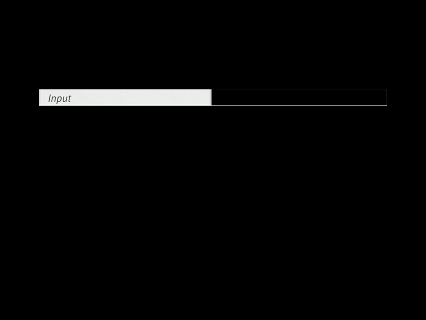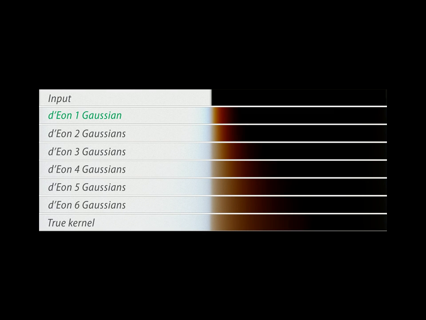Therefore, it is possible to take a 1D slice of this profile, as shown below here, and try to fit it with a sum of Gaussians, which are individually also radially symmetric. This means that we can use a cheaper set of 1D convolutions instead of using the 2D profile directly. This is an example input signal and the results with Dion's technique with different number of Gaussians compared to the